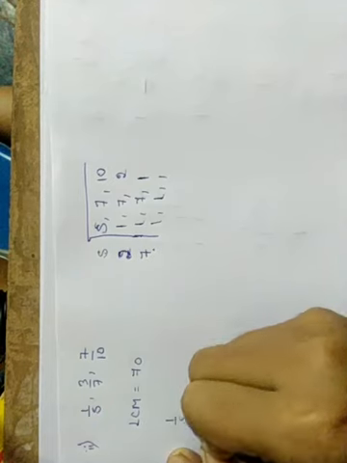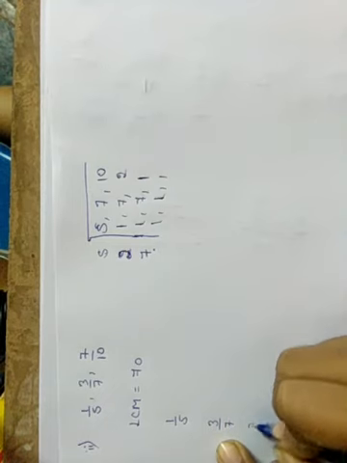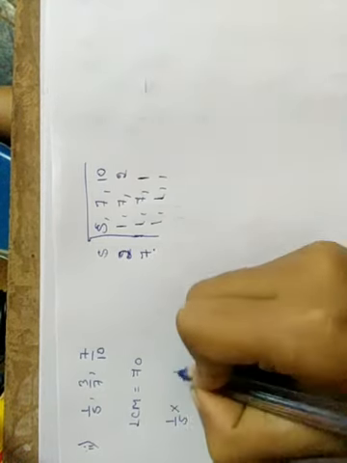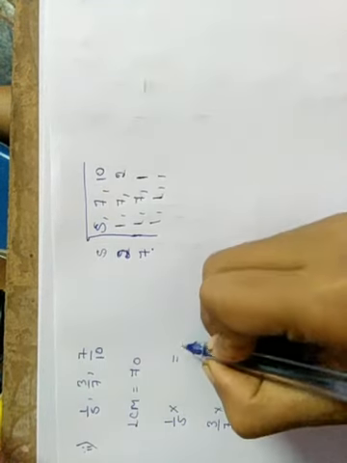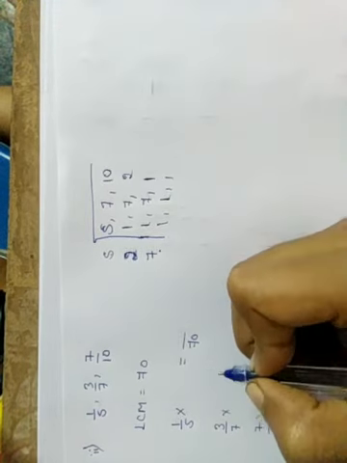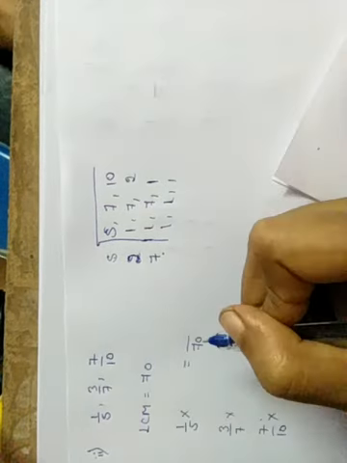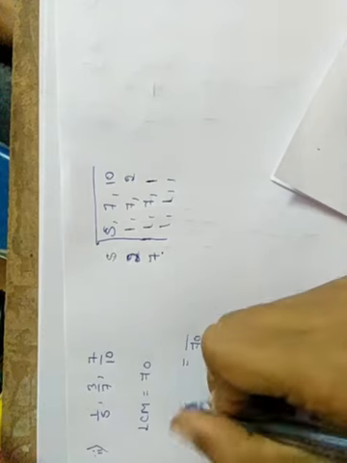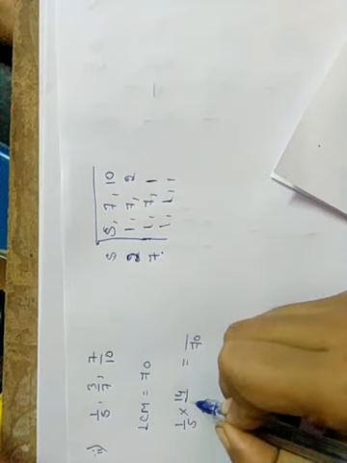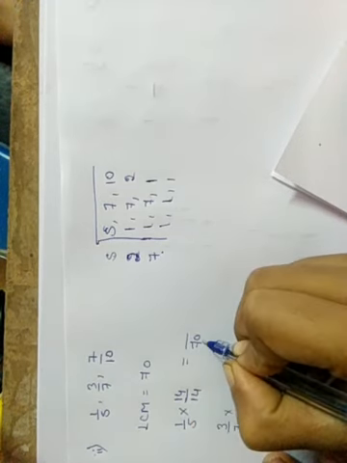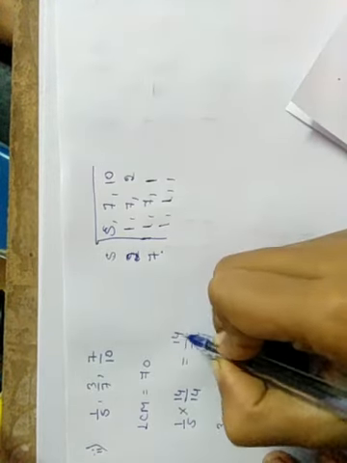Now for the given fractions, that are 1 by 5, 3 by 7, 7 by 10. For this, to make the denominator 70 here, yes, I will multiply it by 14. How much is 70 by 5? 14. I will multiply the given number by 14 and divide it by 14 only. So I will get 70 here. 5 into 14 you will get 70. 1 into 14 is 14, right?